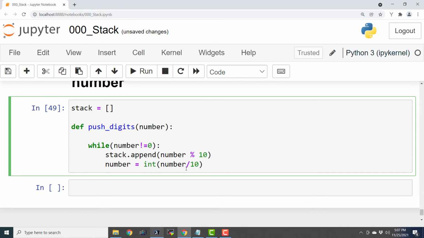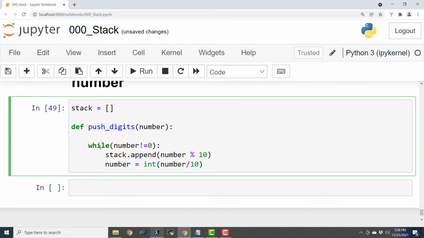So it is an integer, right? It will actually give you an integer result. So suppose you have something like 102, and if you run that 102 through this particular line of code, then it is going to return you 10, because it is always going to return you an integer. The actual output of this number divided by 10 will be 10.2. Since we are converting it to an integer, it will only return the integer part. So this way we are dividing that number by 10 every time, and whatever is the modulus of that division, or the remainder of that division, we are pushing it to the stack.